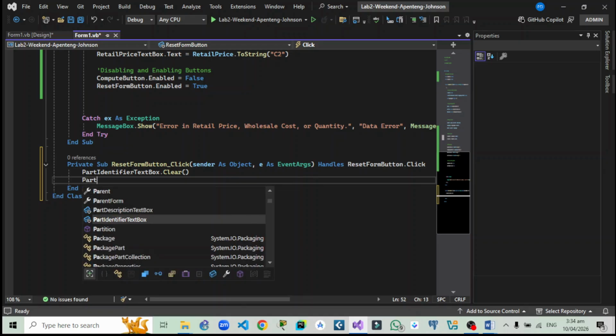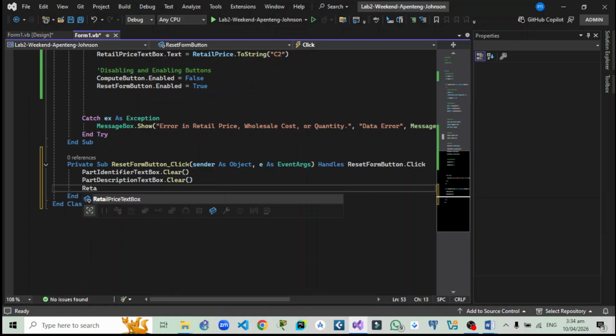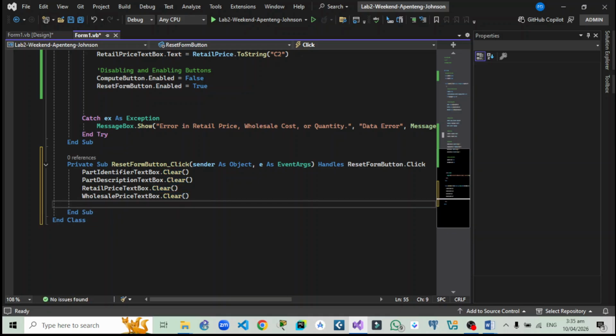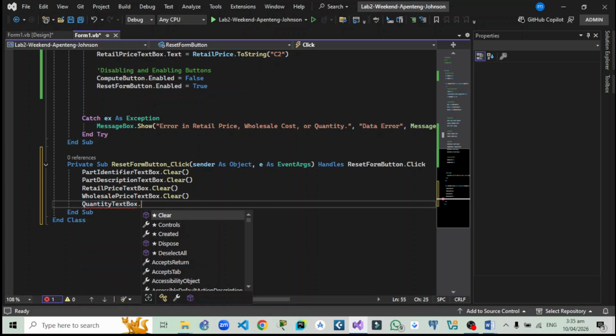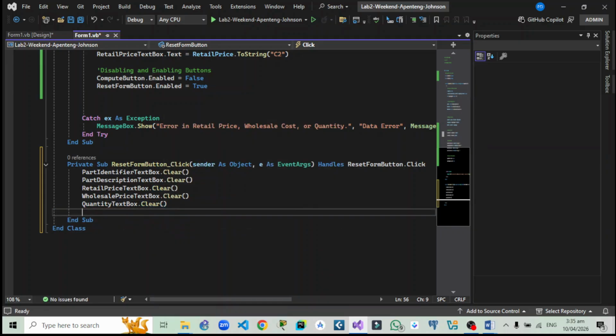So the part description text box dot clear, the retail price text box dot clear, the wholesale dot clear, then the quantity text box dot clear, the, which one again, the gross profit text box dot clear,